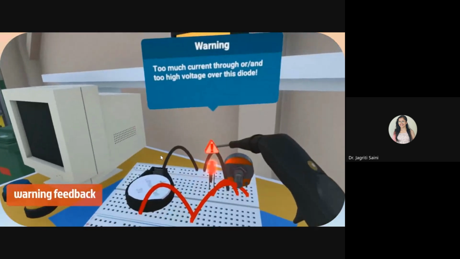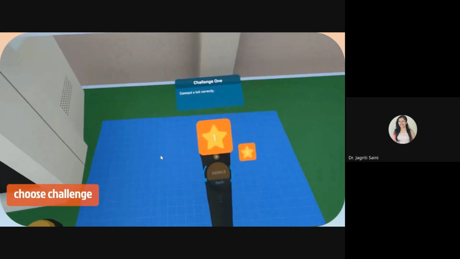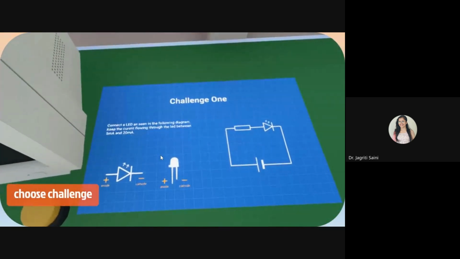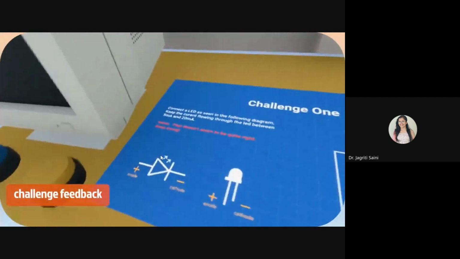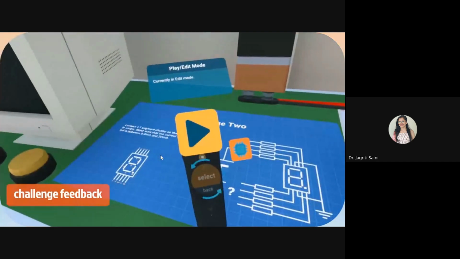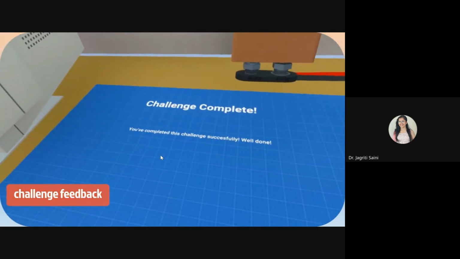If there is some issue, you will have warnings so that students can learn everything quickly. They can have challenges, they can solve them, they can have rewards inside, feedback on every challenge, everything works for the student learning.